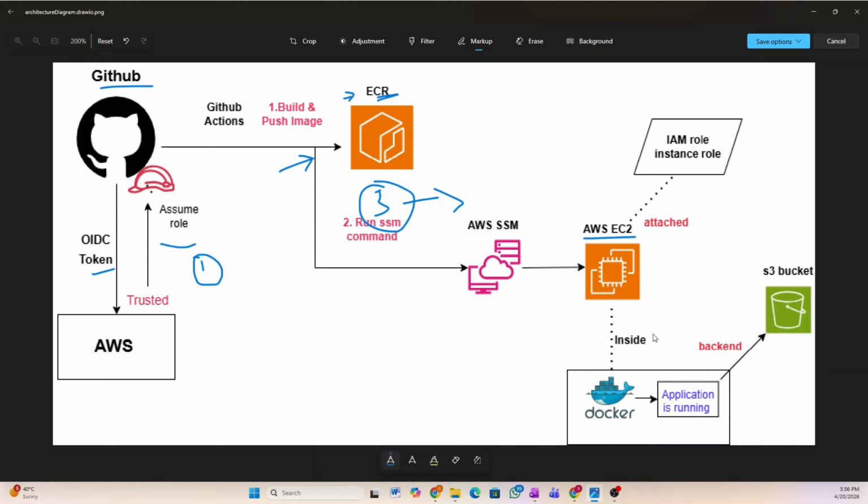So inside the EC2, the prerequisite is that Docker should be installed in your EC2 instance. Once that is done, it is a simple app which will give you a UI interface to upload any type of file, which will go to the S3 bucket of the AWS. Okay, so if I show you